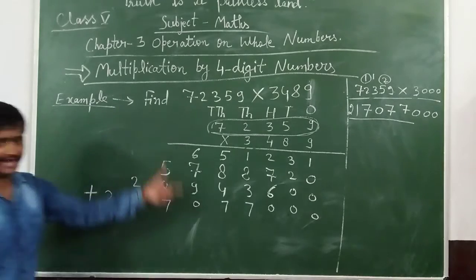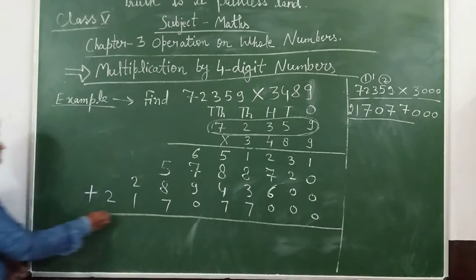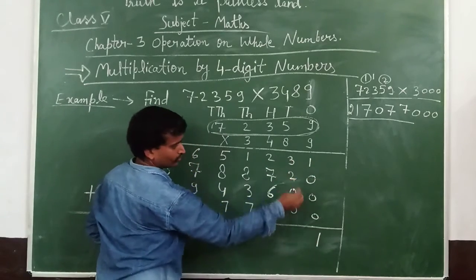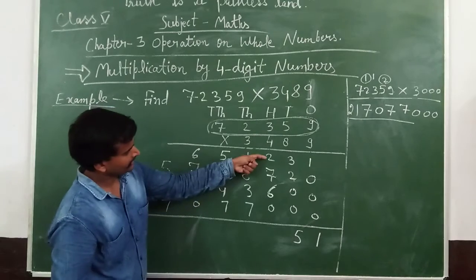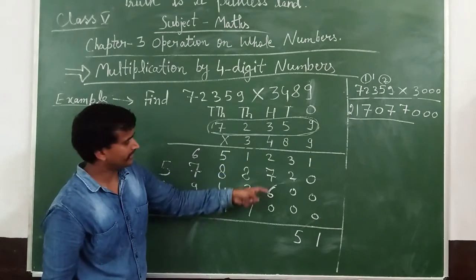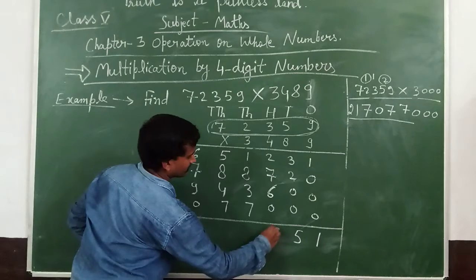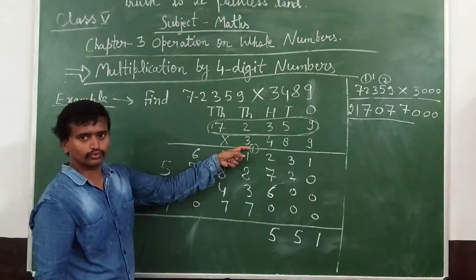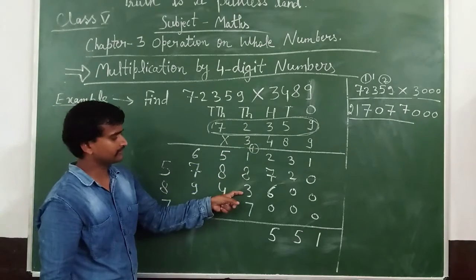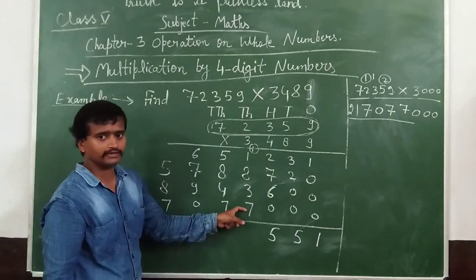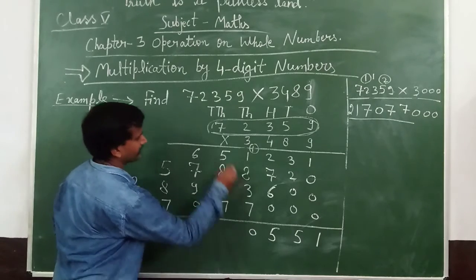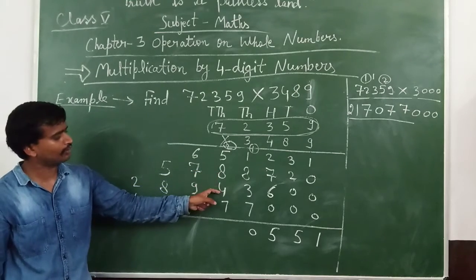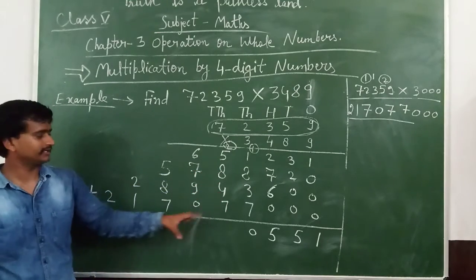Now we will add. Here 3 plus 2, 5, 2 plus 7, 9, 9 plus 6, 15, carry 1. 1 plus 1, 2, 2 plus 8, 10, 10 plus 3, 13, 13 plus 7, 20, write down 0, carry 2. 5 plus 2, 7, 7 plus 8, 15, 15 plus 4, 19, 19 plus 7, 26, write